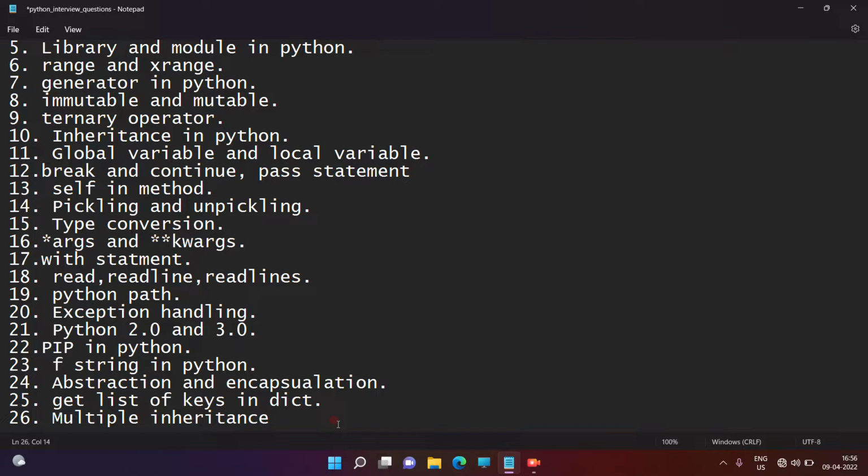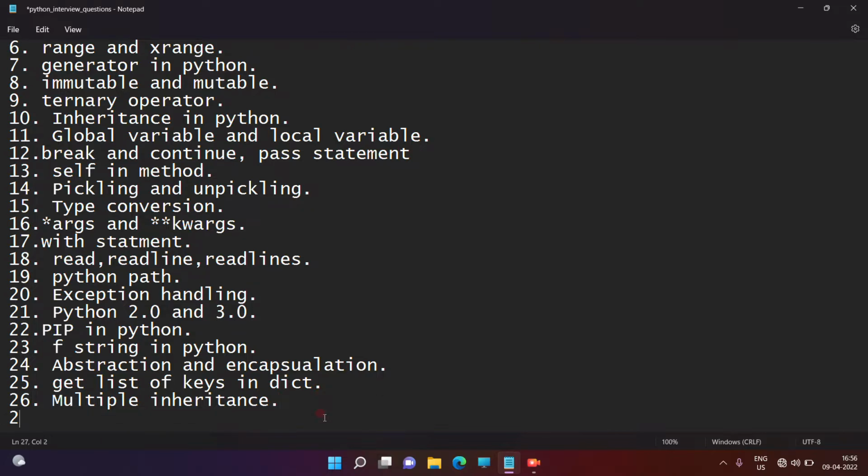Hierarchical inheritance means there is only a single parent class and more than one child class. But in multiple inheritance, there can be more than one parent class but only a single child class. So this is the definition of multiple inheritance, right?